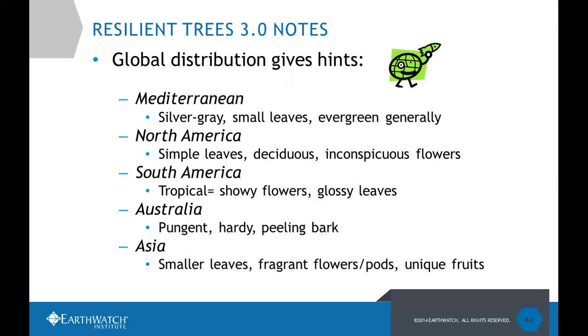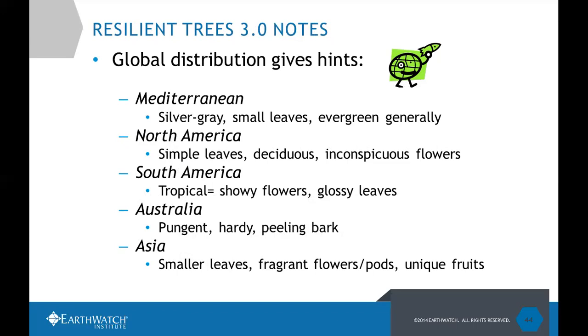So that's also something that you can keep in mind for that. We also have a lot of Australian species this time around. If you think of a traditional Australian eucalyptus or something like that, often it's very pungent, so it has a very unique, strong smell. Tends to be very hardy, and also tends to have peeling bark, basically as a protection against insects